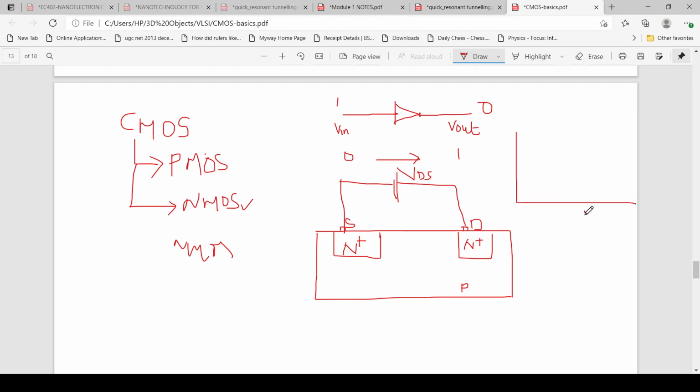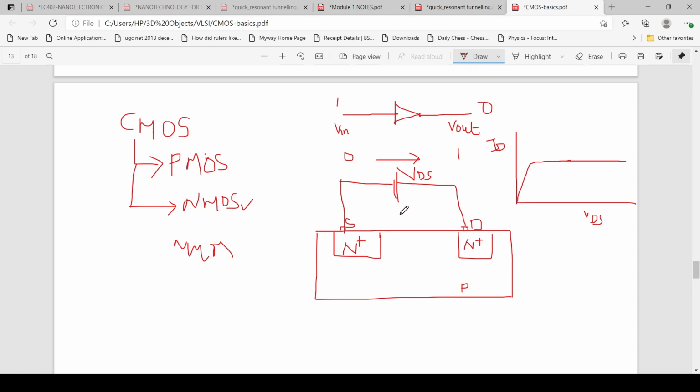As we increase VDS, there is a current between source and drain, which is ID, and the flow will be like this. We can observe the flow of current like this. Another important thing is, if we want to start current flow between the source and the drain region, we need a channel between the source and the drain region. Now the next thing is how we can provide a channel between source and drain region.